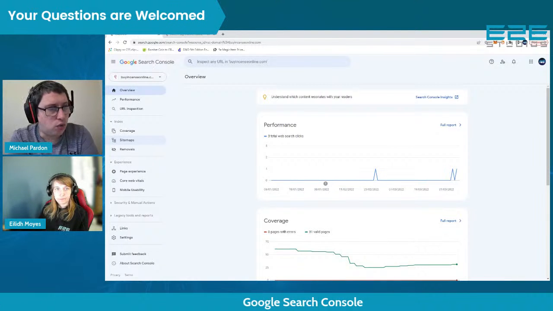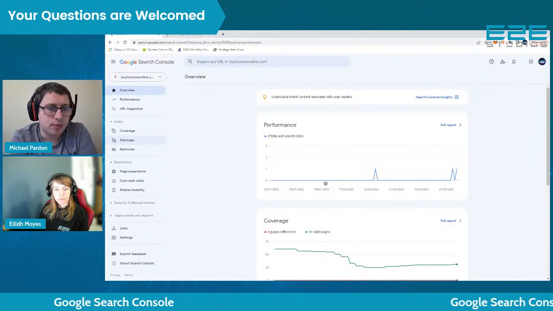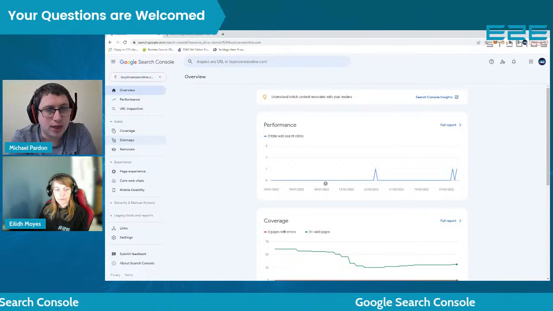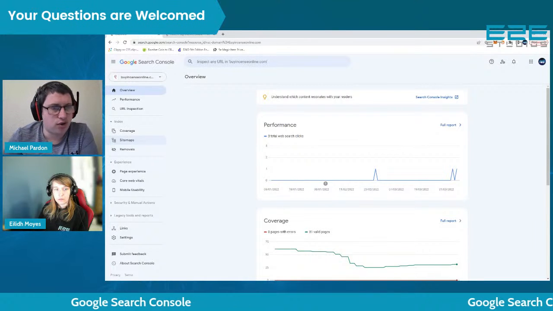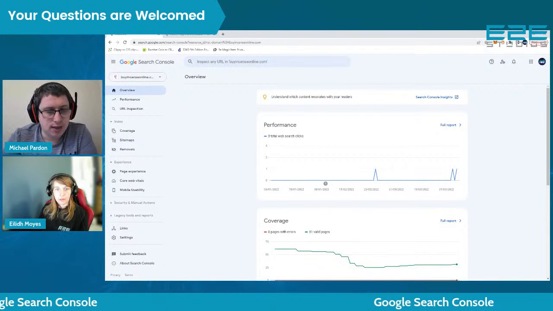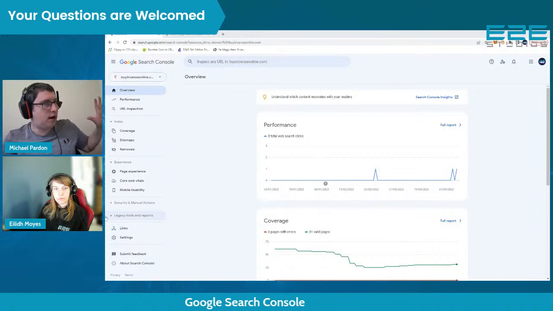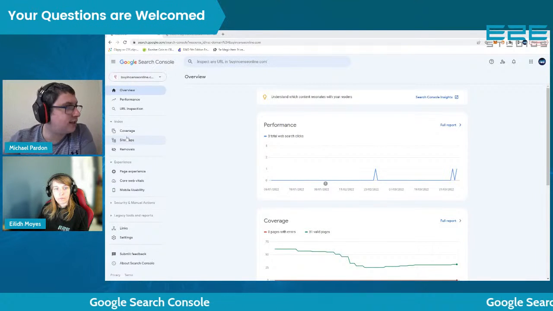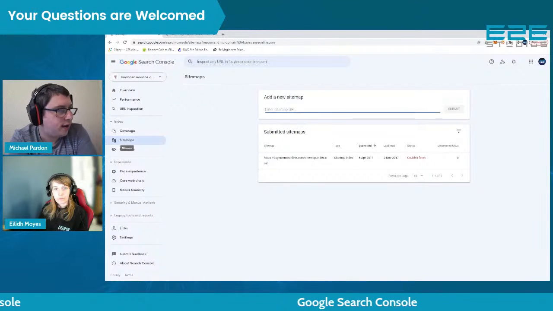Yeah. Okay. So, Google can pick up sites itself naturally because it's doing a lot of indexing, but you're giving it a little bit of a kickstart and saying, these are my pages, just go for it. Here's my structure, just crack on. Okay. Now, what we're going to be looking through on this one is what our sitemap looks like. Now, if we head over here, we've got here